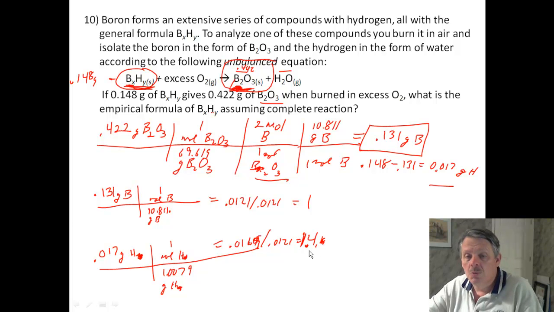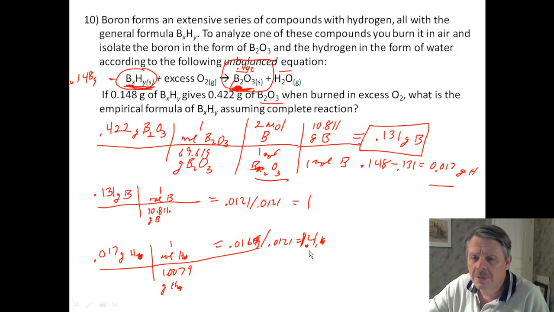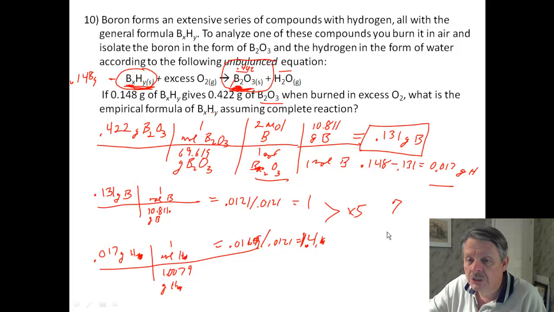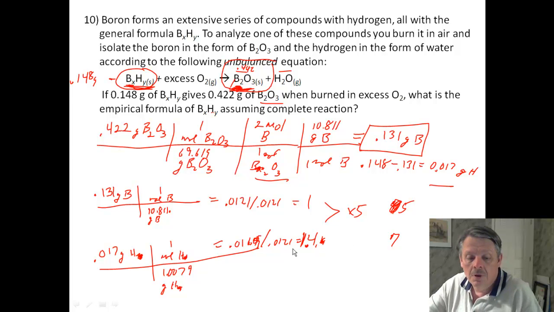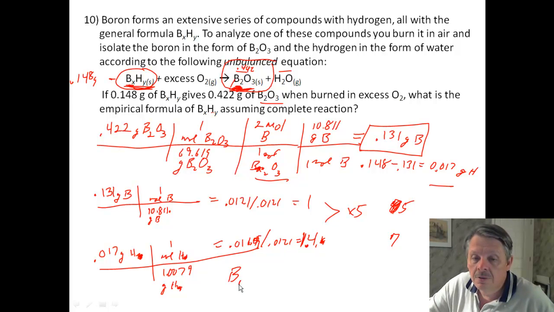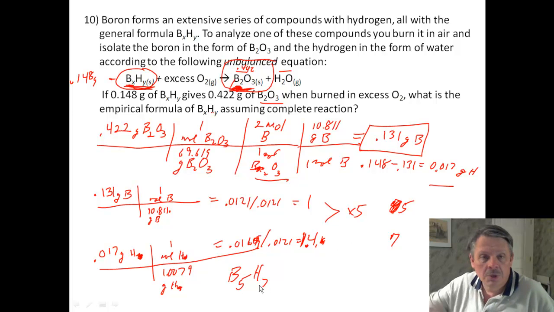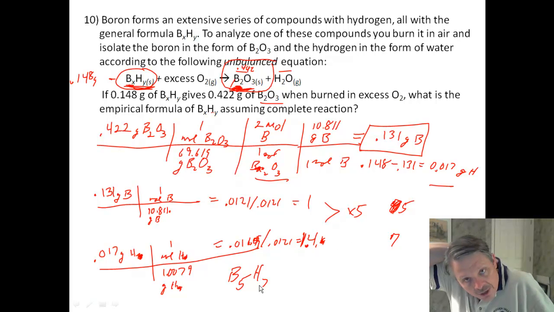Well, if it's 1.4, what is that? That's 4/10, that's 2/5. That means I have to multiply these numbers by 5. So if I take them both and I multiply by 5, I get 5 on the top and 7 on the bottom. Okay, so I get B5H7. Now, folks, we'll never give you something that complicated on a test because that would just take too long,